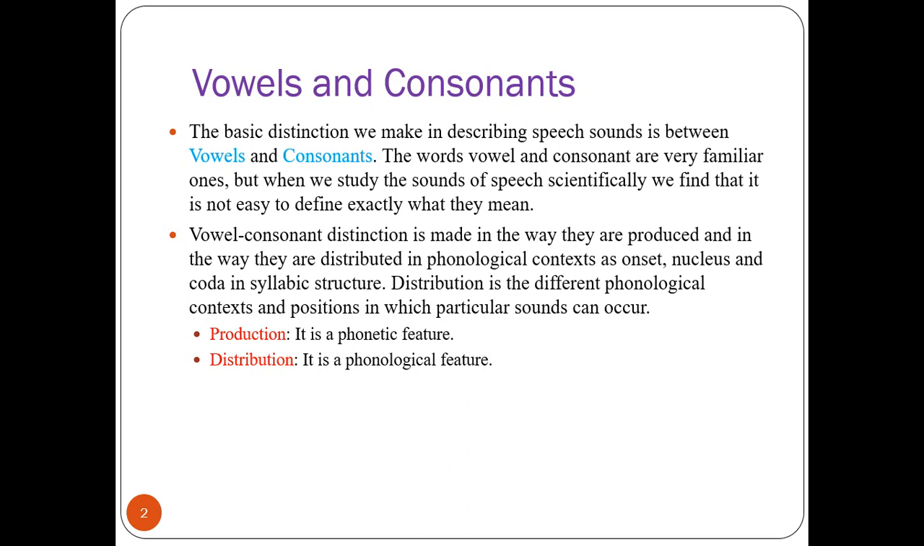Okay, so the vowel consonant distinction is made in the way that they are produced. There are two ways to classify or to treat speech sounds. One of them is from the perspective of production, and another is distribution. And production is basically a phonetic feature, in which we see how sounds are produced. So vowels are sounds which are produced without any obstruction in the vocal tract, and consonants are sounds which are produced with constriction in the mouth cavity, or oral cavity, or any